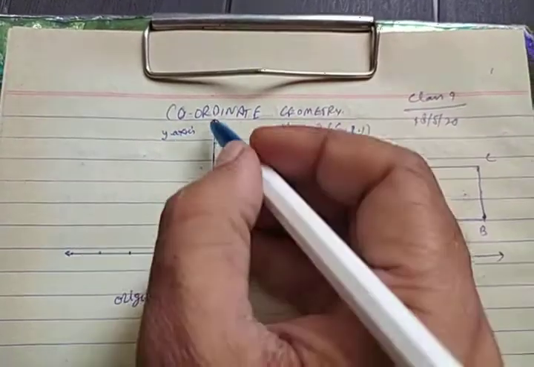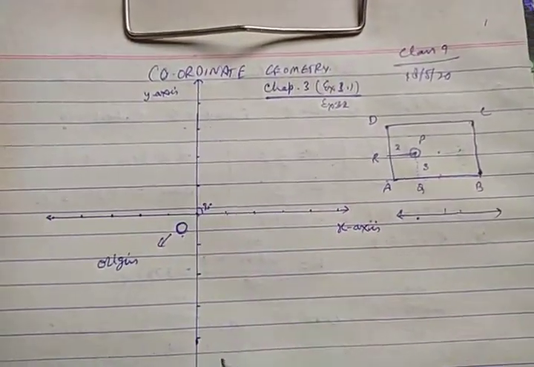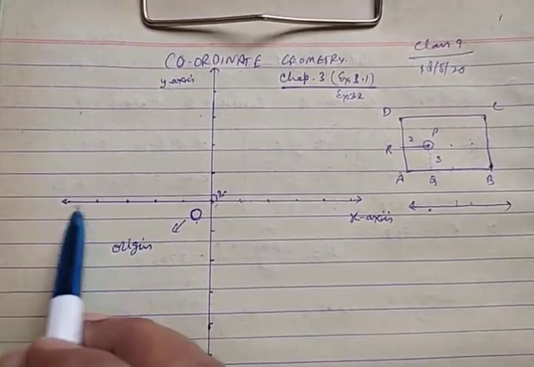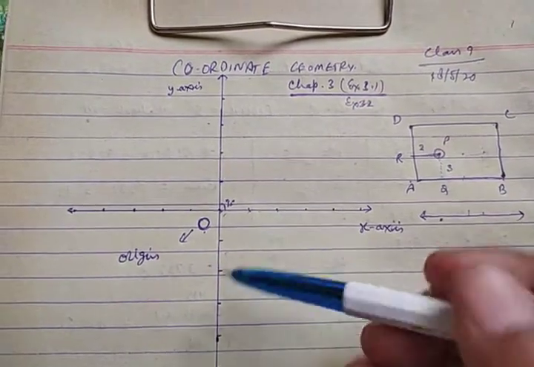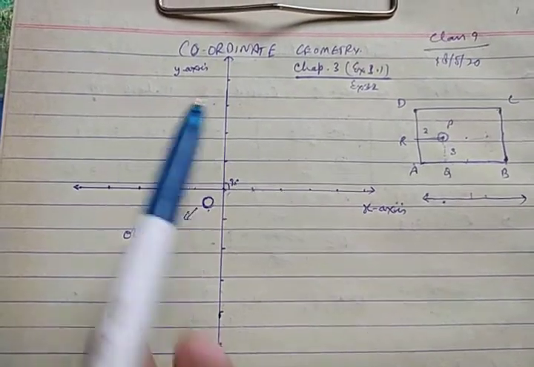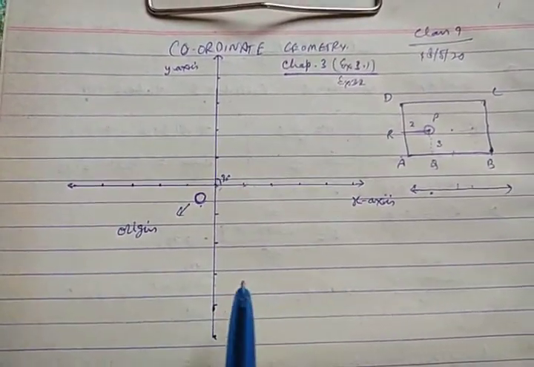Axis is a specific name, simply the line. It is the x-axis, it is the y-axis. Both are mutually perpendicular, and the x-axis has markings at a difference of 1 centimeter, and the y-axis also. When you draw these two lines, the page or the plane where you are drawing is divided into four parts.